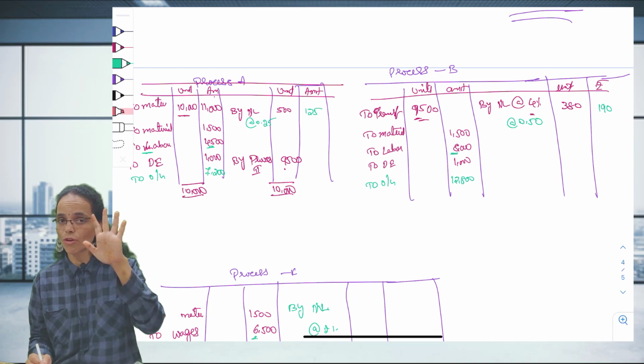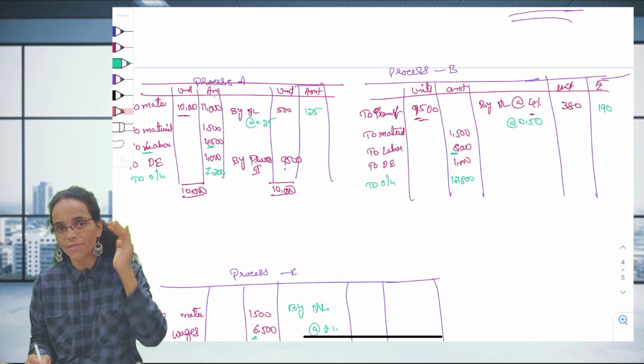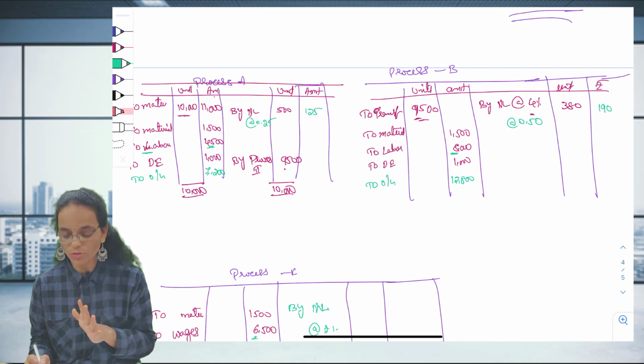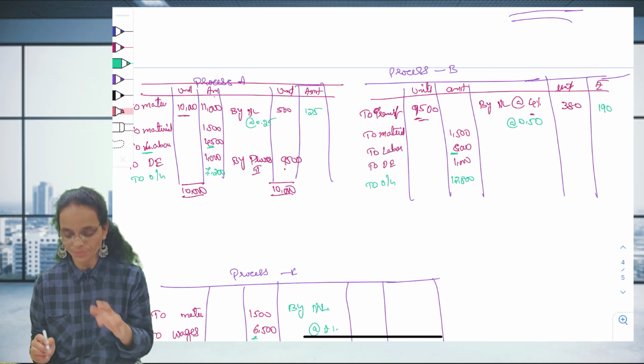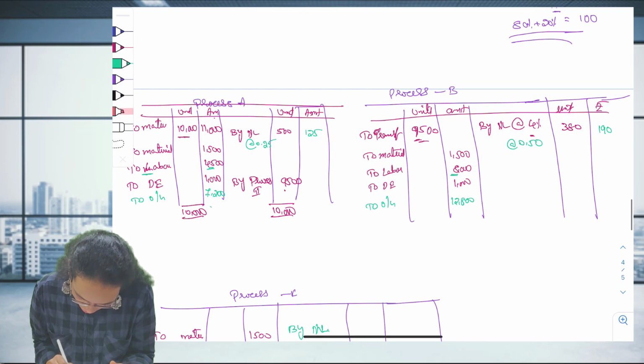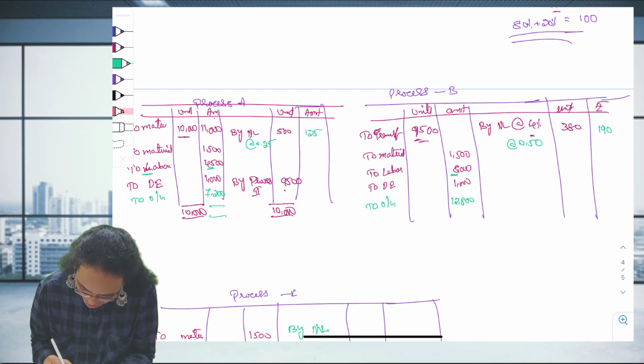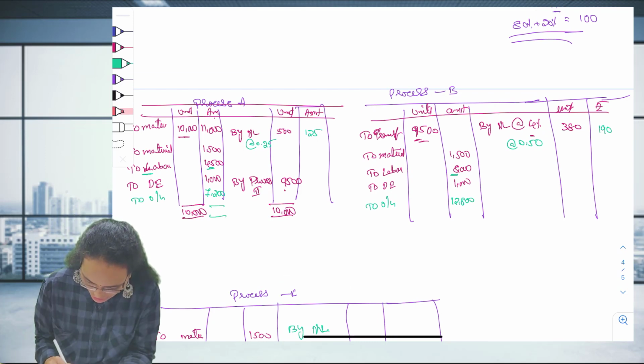First, we have already understood the question. We have taken every point into consideration while solving the answer from the question. So here, cost per unit, what is the formula? Just now I told you. Cost per unit